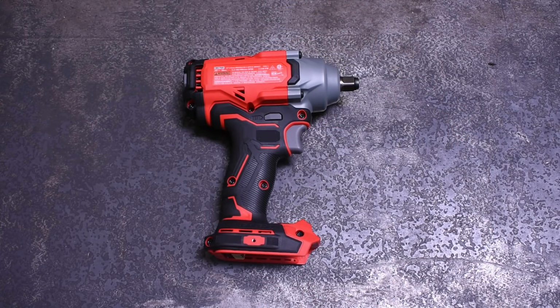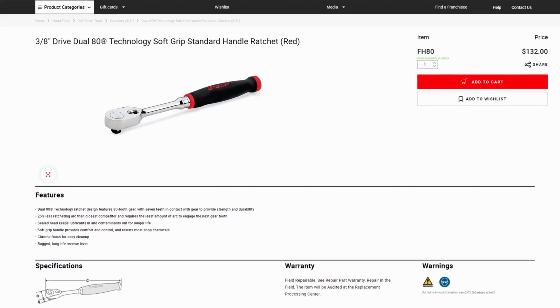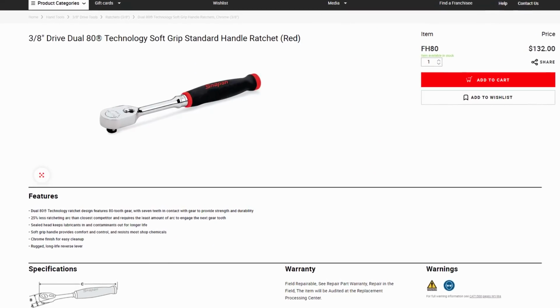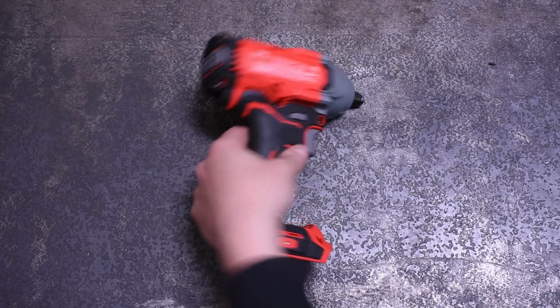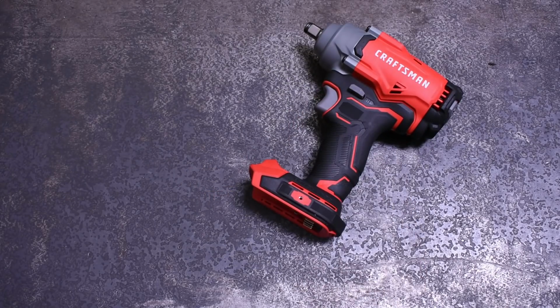Heck, even for yourself, keep this in your trunk. It costs less than a 3/8 ratchet off the tool truck. We have nothing to gain from recommending this tool. We have no affiliate link partnership with Lowe's. It's just really decent buy for the money, and we think more people should patronize brands who don't put crazy